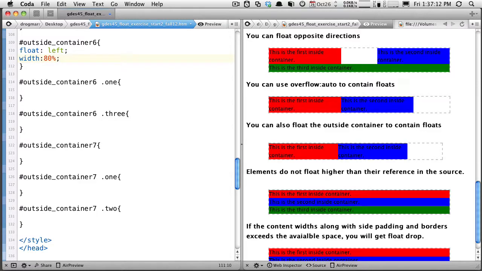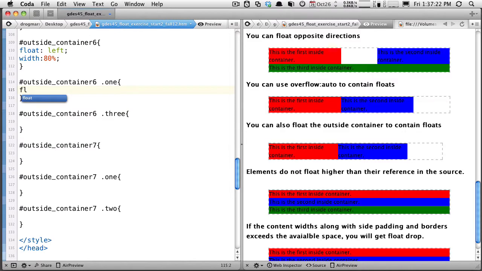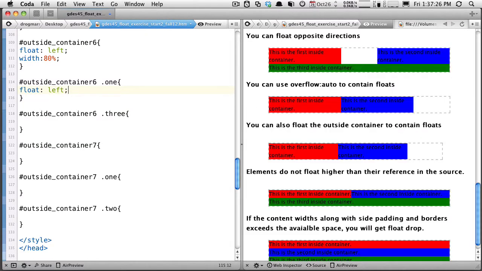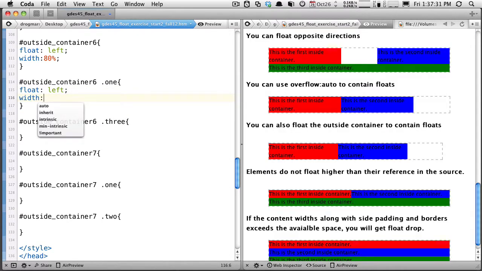And then we're going to go to number 1 and put float left. And it's going to have a width of 40. We probably could have copied and pasted this again, but